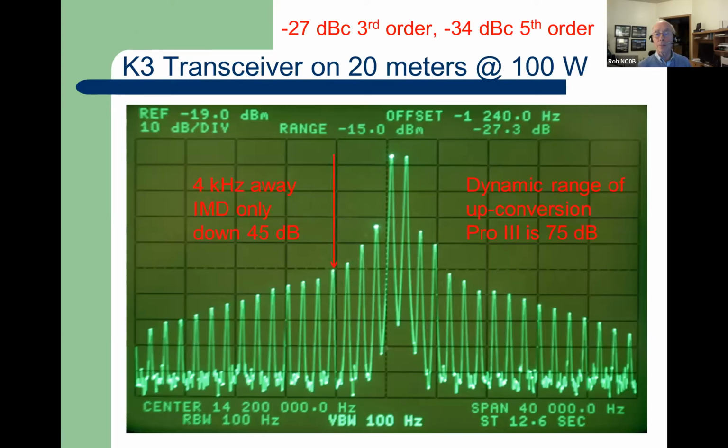And here's the K3, and it's certainly 10 dB worse than the Collins, and you can see at plus or minus 20, it's not down towards the baseline. The reason I'm really showing this one is to demonstrate why on sideband we got away with owning radios that had about a 70 dB dynamic range. In this case, the Pro 3 was 75. That was kind of as high as they typically went for these up conversion radios, and maybe it was 65, 70, 72, whatever. Well, in this case, 4 kilohertz away from the two test tones, the distortion products are down